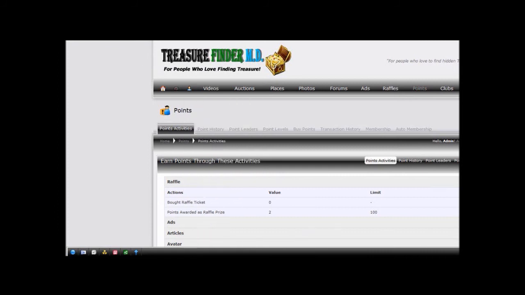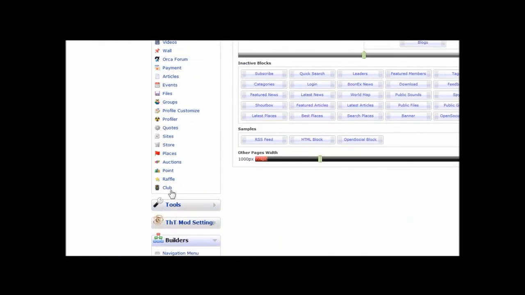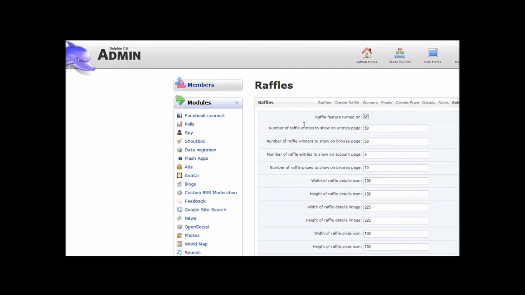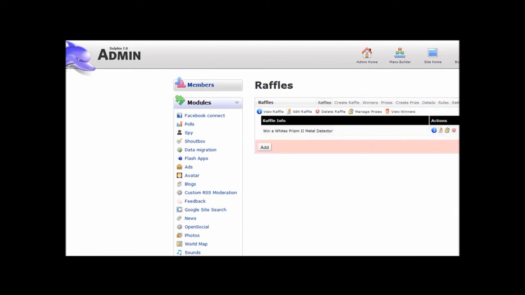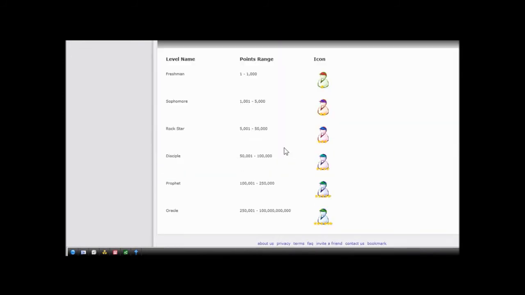You can change all these through the back end here, which is in this mod area. It's under raffles right here, and you can go in and add a prize, edit a prize, or raffles I mean, and so forth. So I added this one, and this tells you what the point leaders are and so forth. The levels,